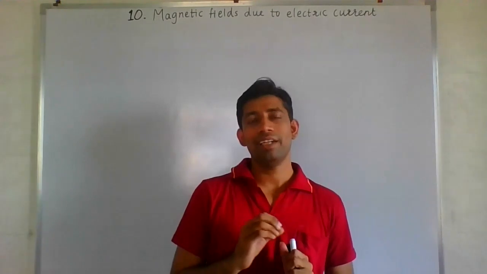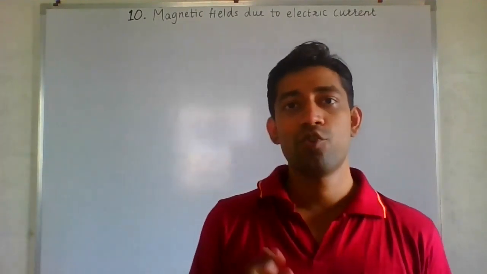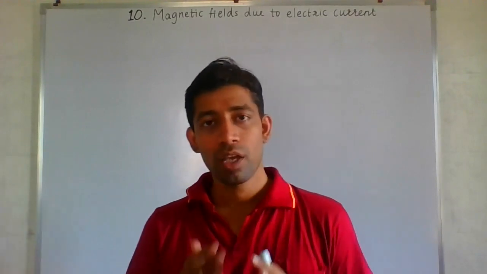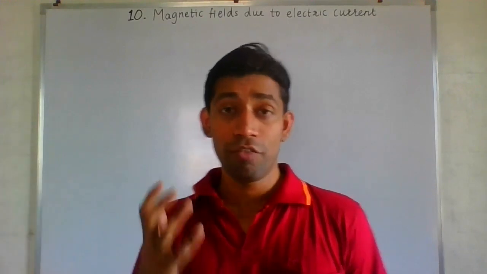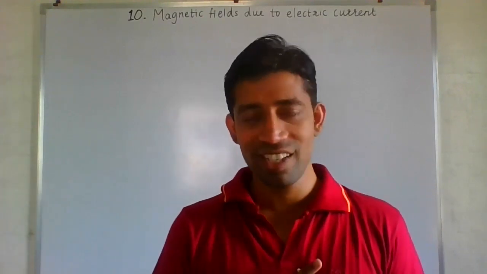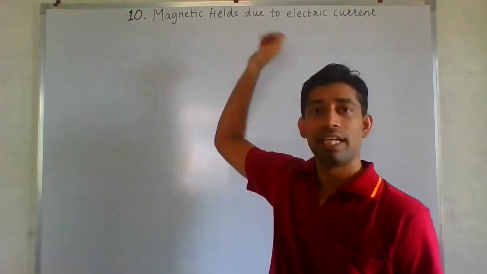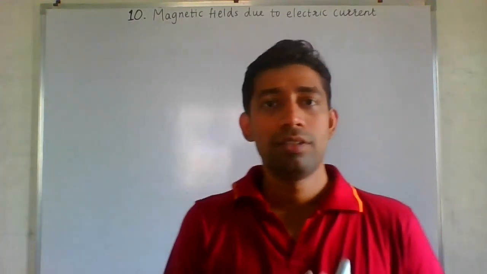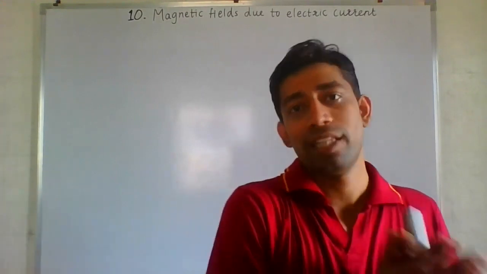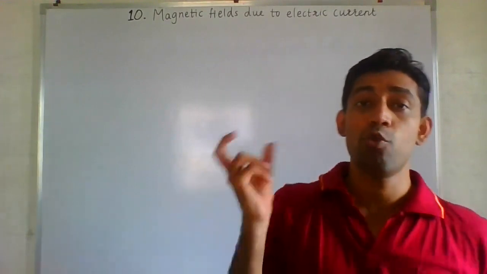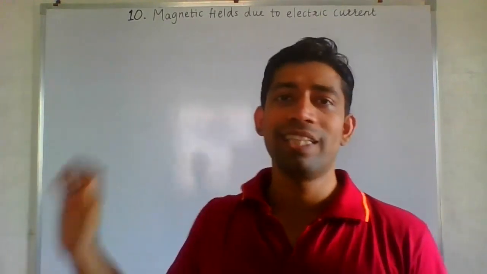In electrostatics, you know that we were studying forces on charges which were at rest, correct? Whereas in this chapter, you are going to study the forces acting on charges which are in motion. Because we know electric current means the electrons are moving. When electrons move, only then we call it current. So when electrons are in motion, whatever forces act on them, all those things we will be